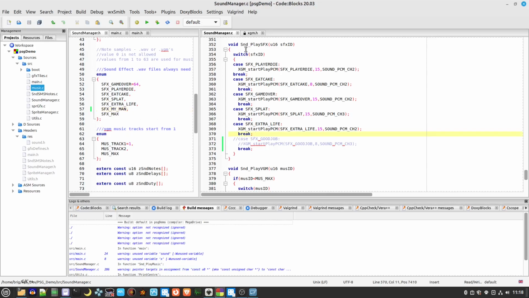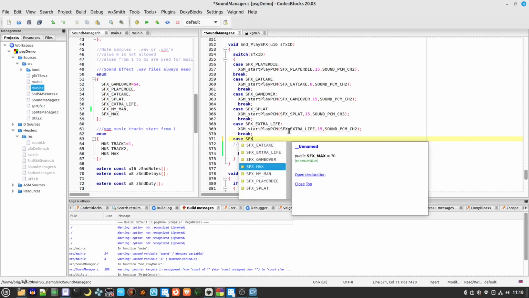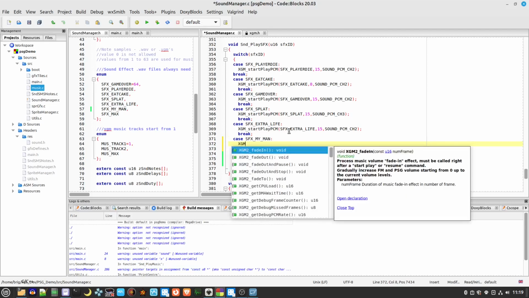Now if we come back into the SoundManager here, we need to add that in to be able to play it. So add that in as part of our enumeration there,